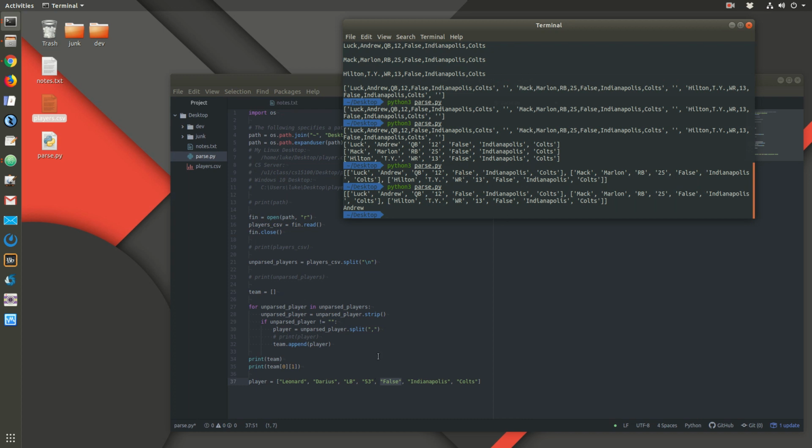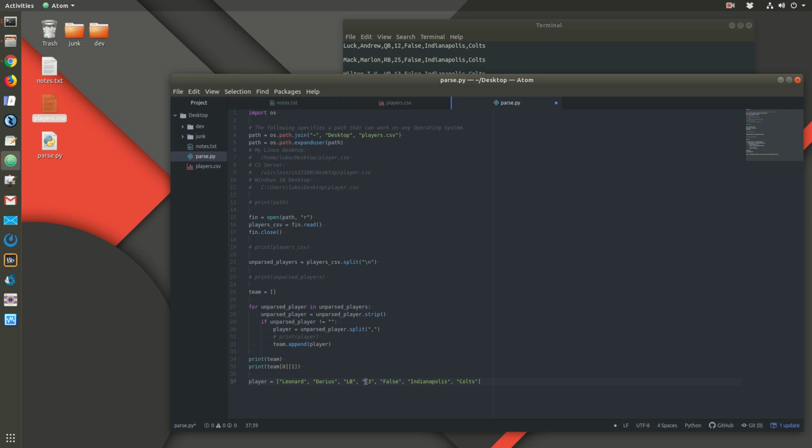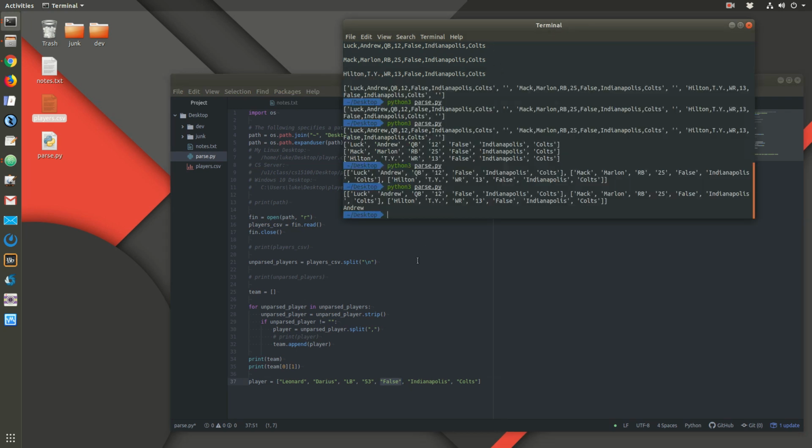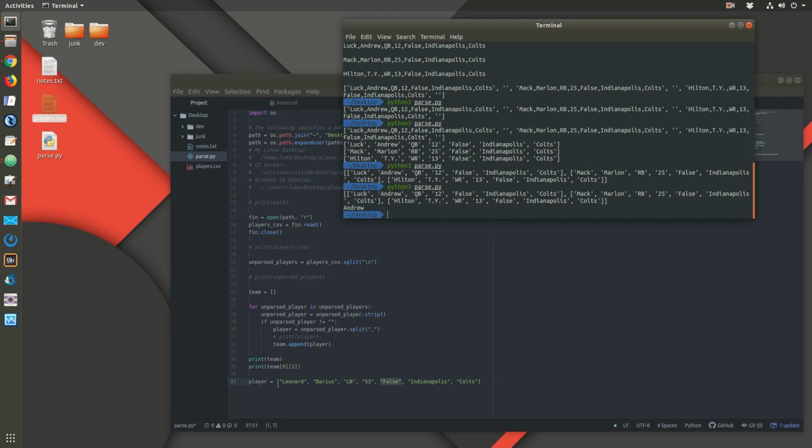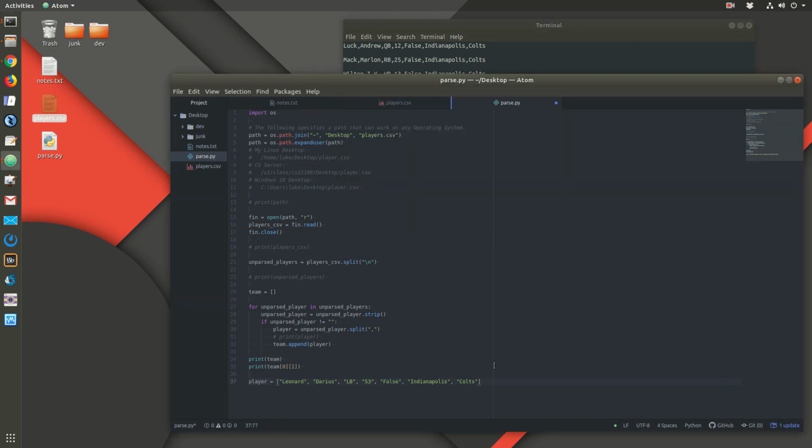Now, if we were actually doing this properly, we might want to go through and look for any numeric values and convert those to numbers, but we're not, these are Jersey numbers. We're not going to do anything mathematical with them, so we can just leave them as strings. And then this false, we're not actually doing anything with this right now, so we don't need to convert that to a Boolean, but we could. It's important to note that when you're reading and writing data from a file, it's always a string. So anyway, we're adding this new player, and we're going to say